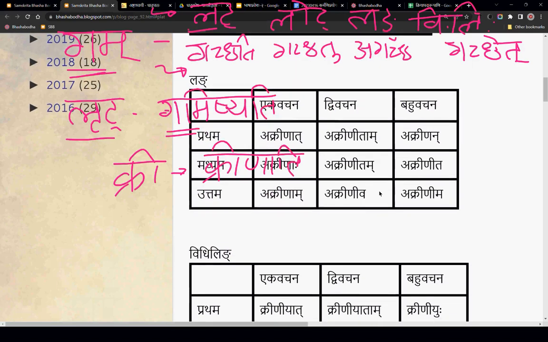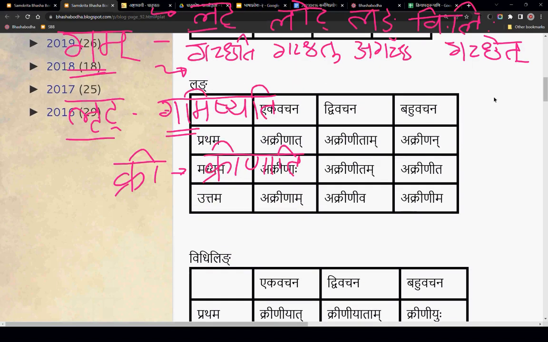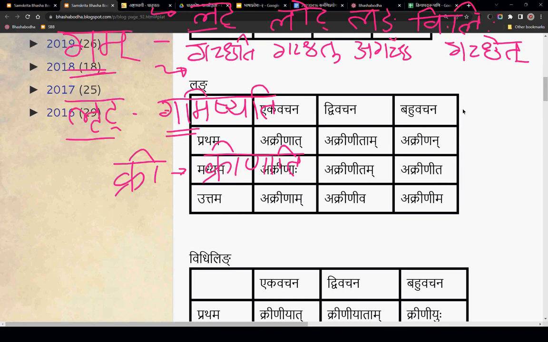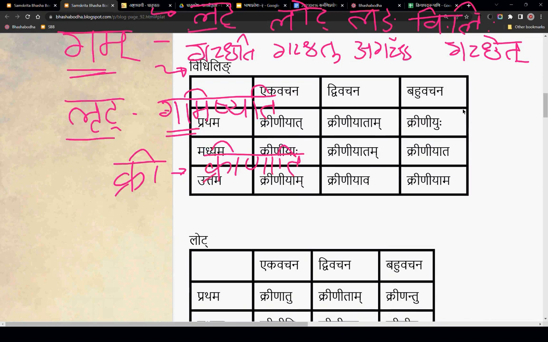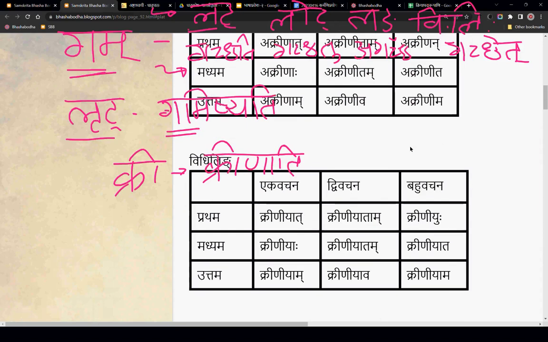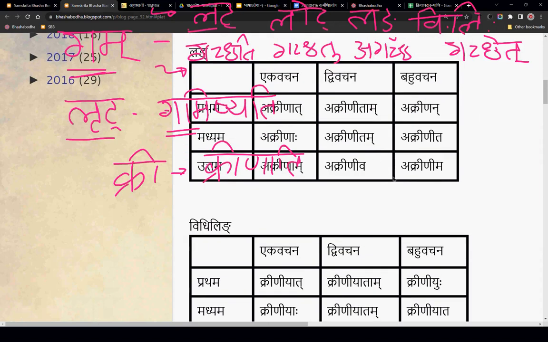So when you say krinate, it won't be krinate because this is not in the first gana, like gachet or the bhvadi gana. This is in a different gana, kryadi gana, which has a different pattern. So it helps us to memorize or practice at least one of the dhatus from each gana to get that pattern into your mind, and also just look up if you are not sure.